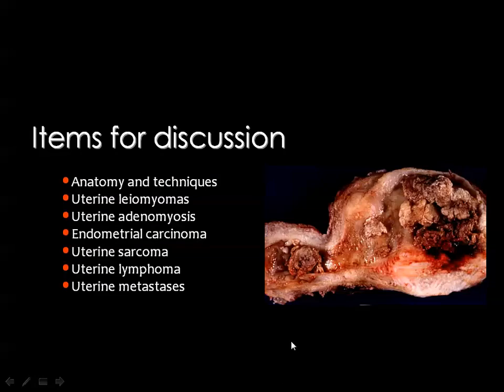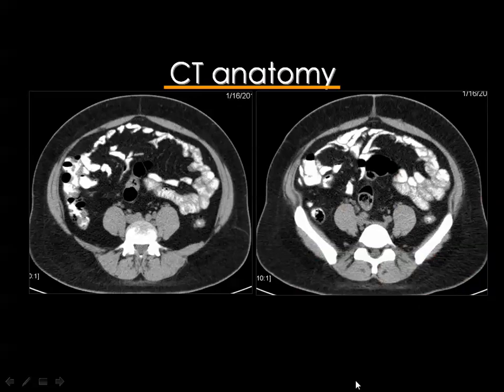The issues we would like to discuss are some of the anatomic details and techniques of examination, imaging of uterine leiomyomas and adenomyosis, endometrial carcinoma, uterine sarcoma, uterine lymphoma, and finally uterine metastasis. This is just a quick review of the anatomy of the pelvis by CT after oral and intravenous administration